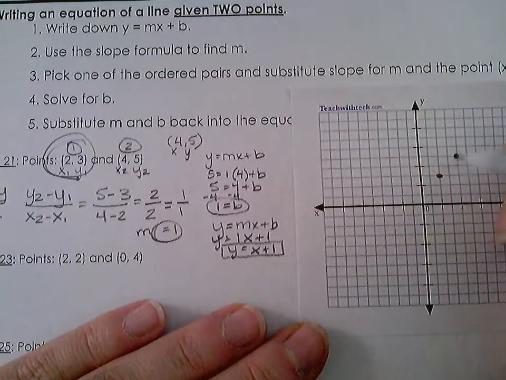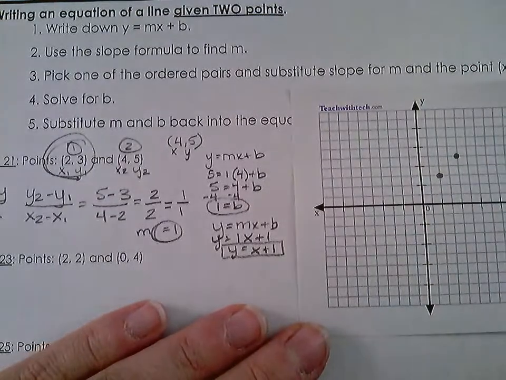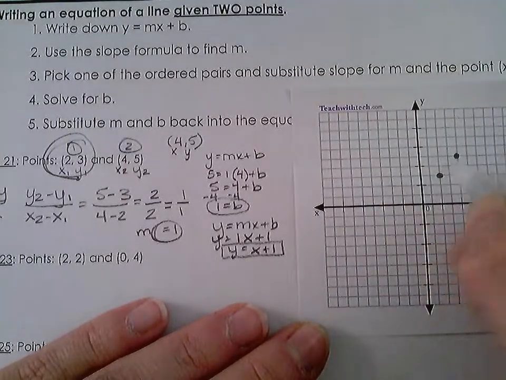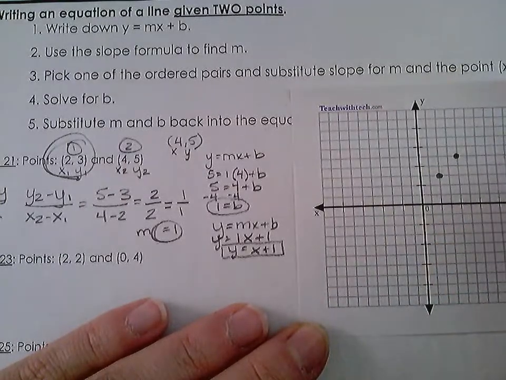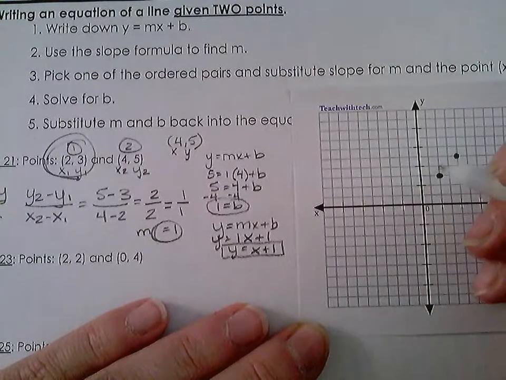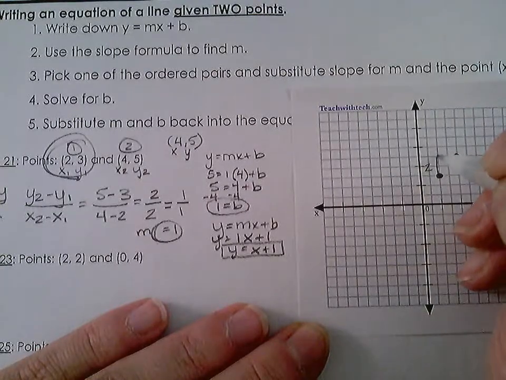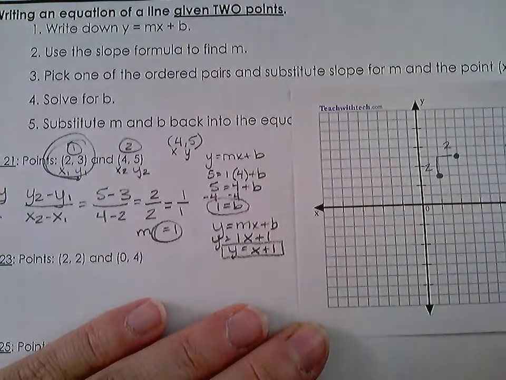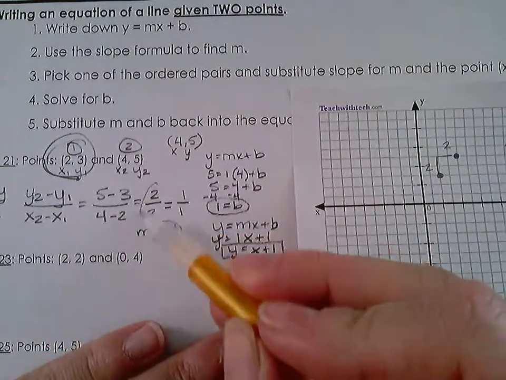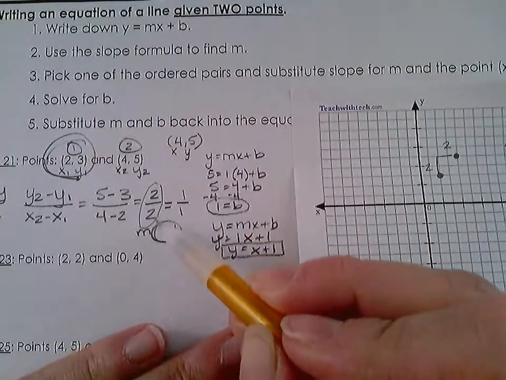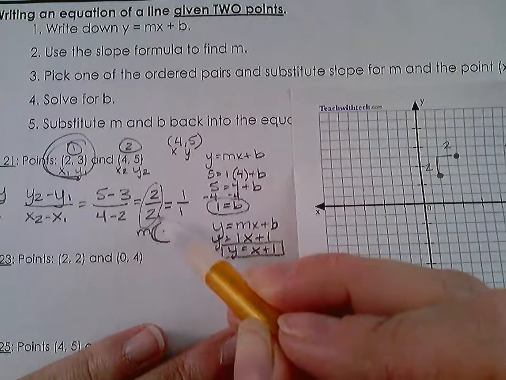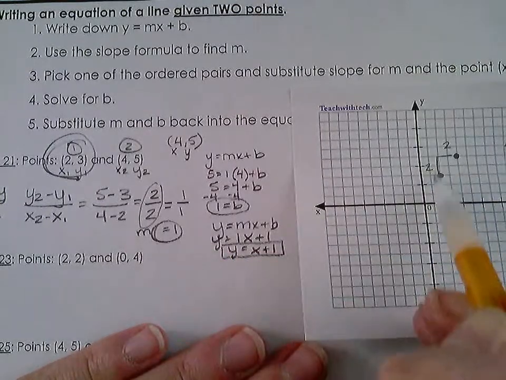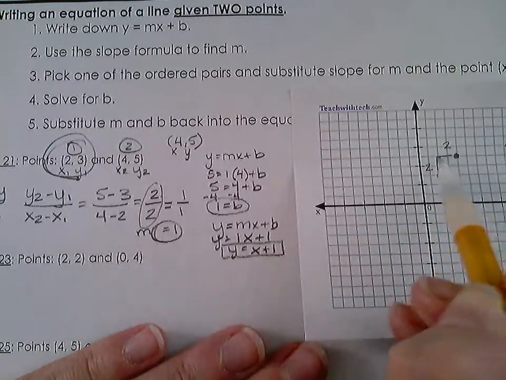All right, and so between those 2 coordinates right there, hopefully you're able to see that if we're comparing our change in y, so remember how far up or down we're going, up a value of 2, and we're going right a value of 2. Okay, that's where that up 2 and to the right 2 came from over here. All we did was take the difference between those 2. So our difference in our y's, we went up 2, and